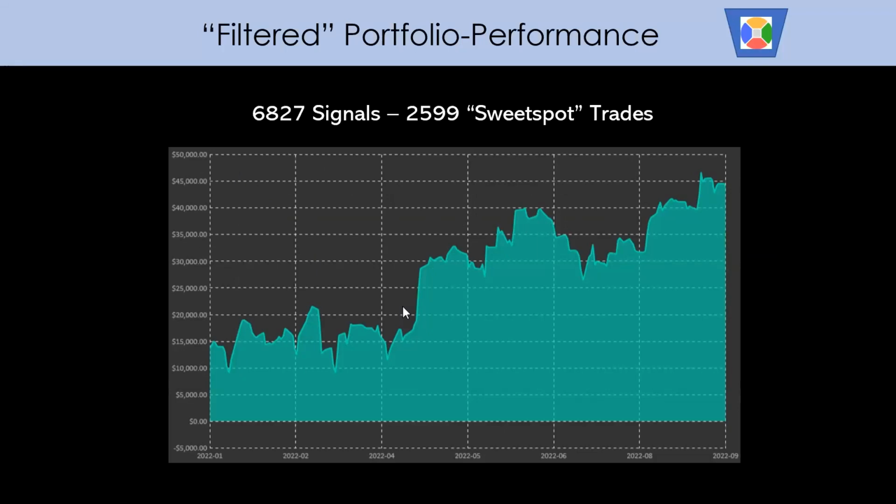And just to be clear, we did not cheat in this back test. We actually were considering the odds at the time of the signal, not at the very end when we knew them already. No, at the time of the signal, we looked at what the odds were. Then if the odds were in our favor, we took the trade. If they were not in our favor, we rejected the trade. So this meant we only took roughly 1/3 of the trades, but you can see the performance significantly increased over this back test period.